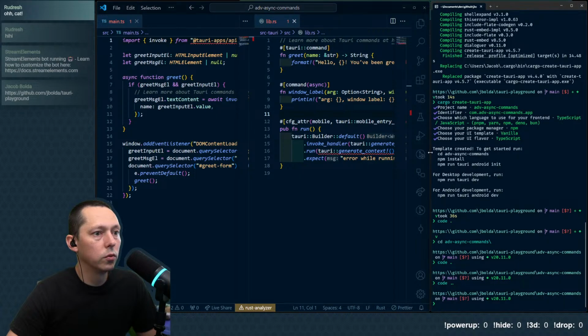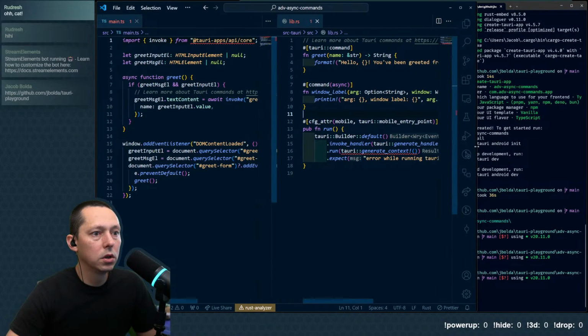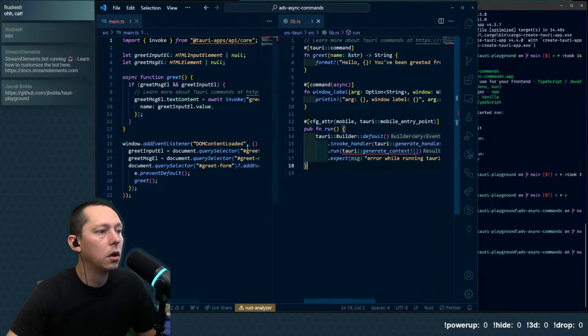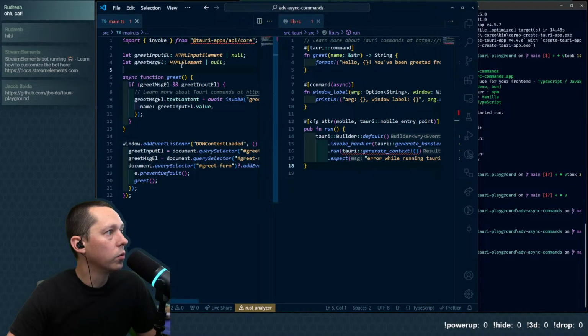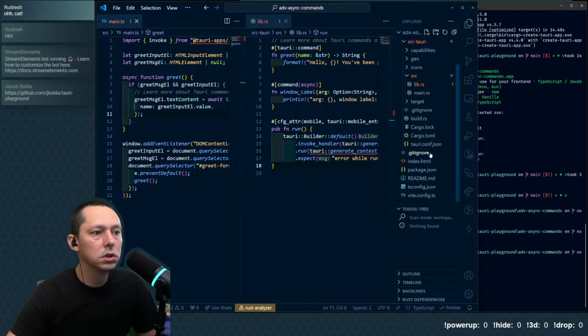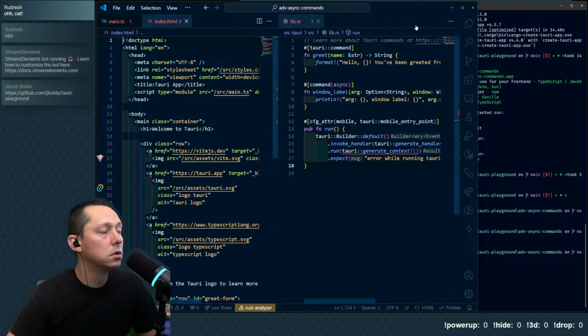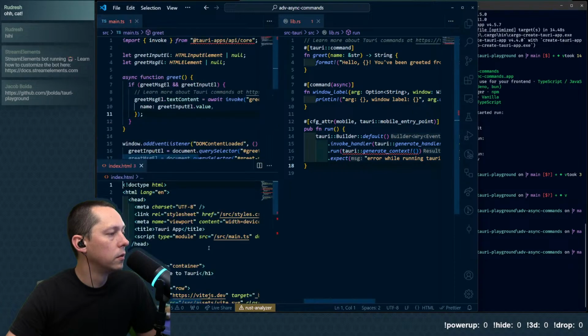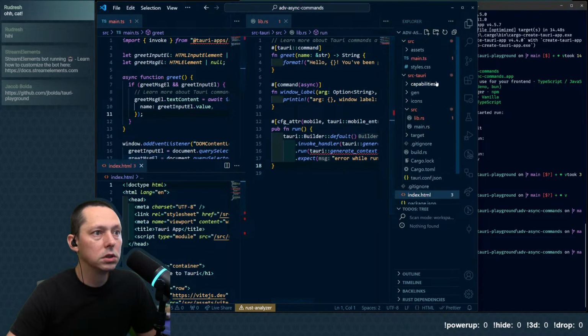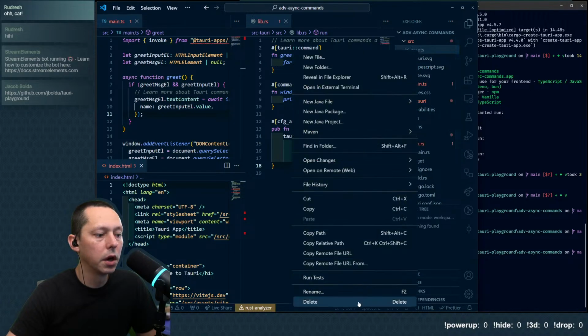All right, so when we look at this, we are doing an input element, greet message element, and we're adding an event listener. We also need the index. I'm going to take out the assets, I don't really care about them.